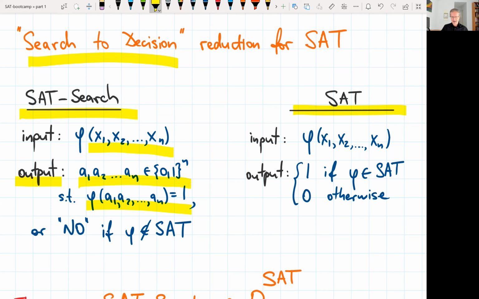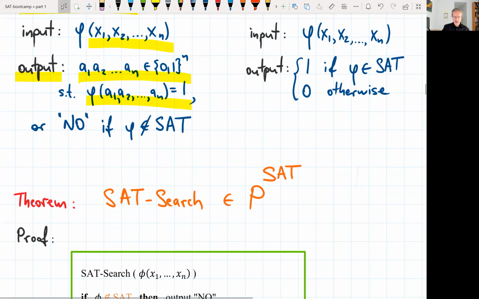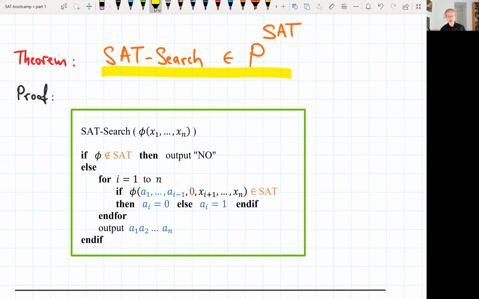And the answer turns out to be yes, and the algorithm is pretty simple. So the result can be expressed as: SAT search can be done in polynomial time with oracle access to SAT, meaning that if you give me a black box that I can query and ask SAT questions to, then given this query black box, I can answer SAT search using the following algorithm, given here in this green box on the slide, which is essentially a binary search where you use your SAT decision algorithm to divide your space of possible satisfying assignments into half, into 2 equal parts each time, and you just zero in on the satisfying assignment very quickly because you only need to repeat this a log number of steps, a log number of iterations, where log is the log of the size of the search space.